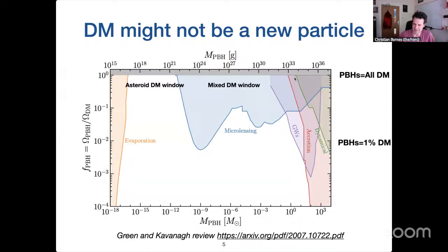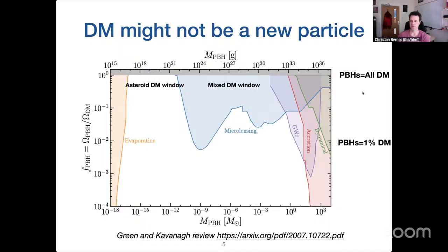Cosmologists use both depending on the context. There are constraints from gravitational waves, from the impact of accretion onto black holes, which relates to the next talk in this series, etc. But there is a window, which is not controversial, although people have wrongly claimed from time to time that it's closed, of roughly asteroid mass, where all of the dark matter can be in primordial black holes. And there's a nice review article, which I list here, where this plot comes from.